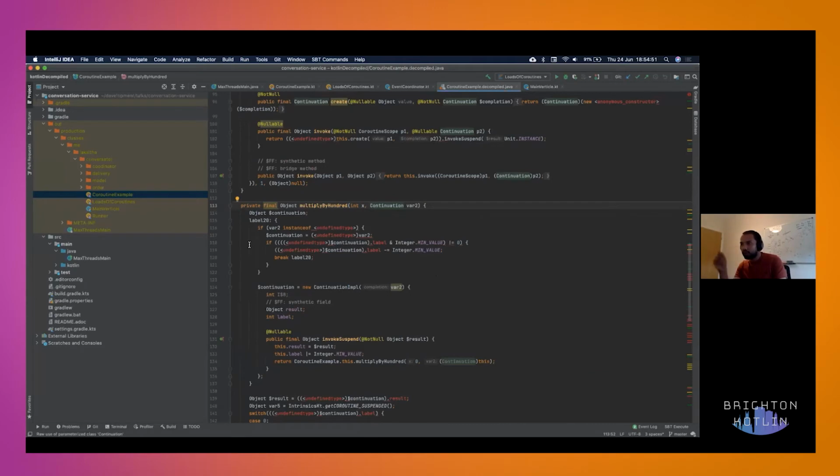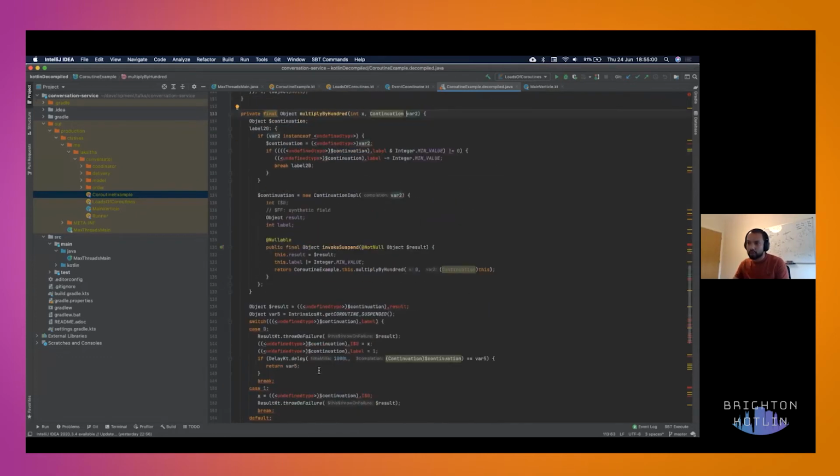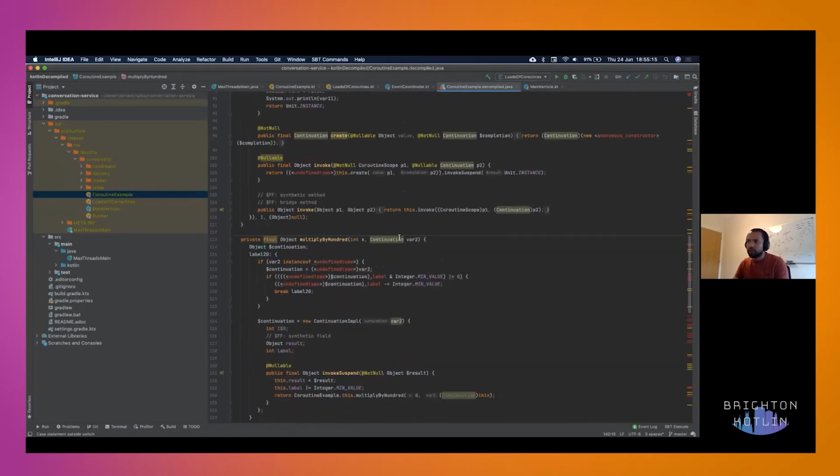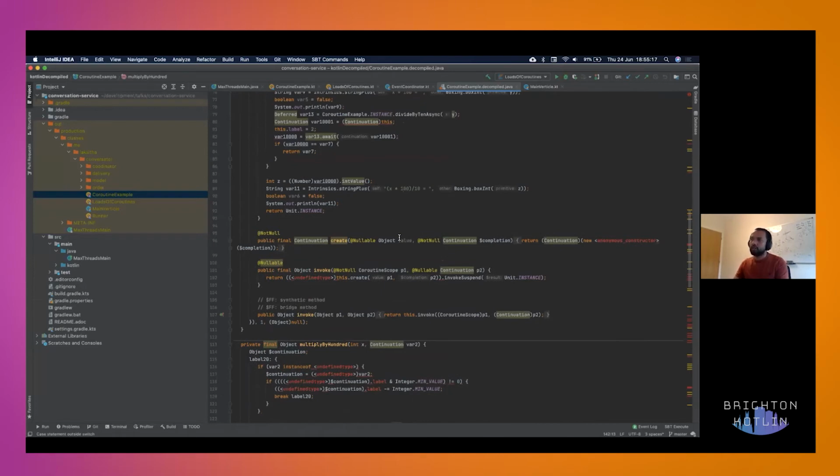So you have this continuation object, and then you pass this into the suspendable function, and you see there are switch cases which actually maintain the label. Depending on the label, you switch back and forth. Or maybe if there is a default case, which is no label set, you can probably say it's not invoked before resume. Likewise, you just nicely handle these states using these continuation objects and also other builder functions.